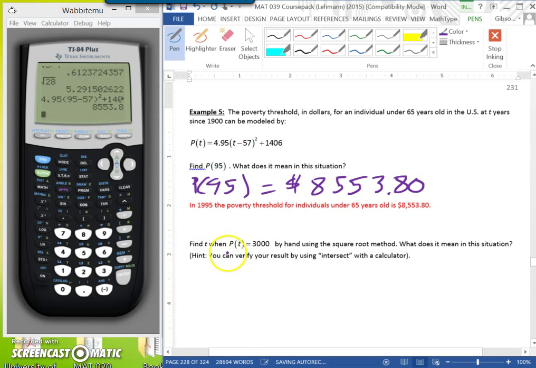Okay, now it says find T when P of T is equal to 3,000 by hand using the square root method. What does it mean in this situation? So we'll replace the P of T with 3,000 and we'll set it